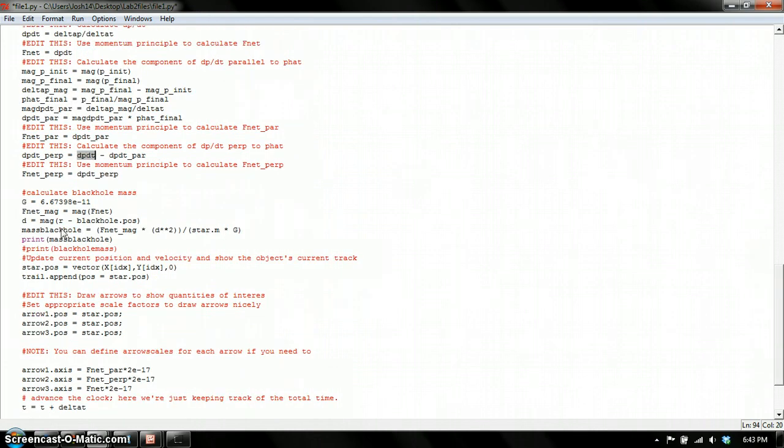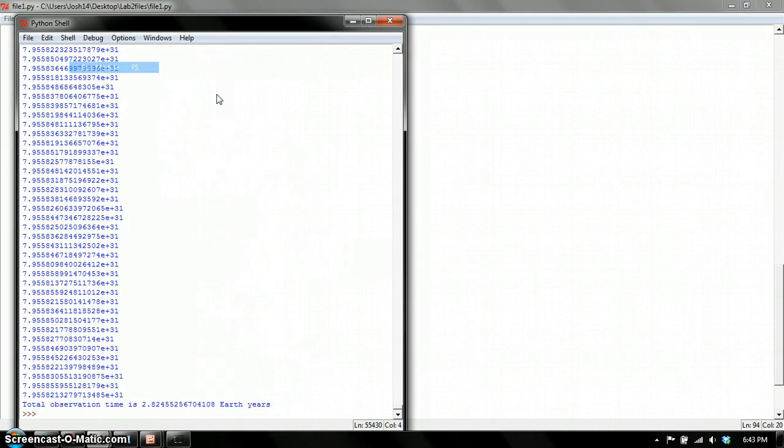So to calculate my black hole mass, I just took G, the constant, and then I calculated the magnitude of fnet, and d is just the scalar distance between the star and the black hole at any given point for the star. So I just set the magnitude of fnet equal to the magnitude of the gravitational force, since that's the only force that's going on. So it's just the magnitude of fnet times the distance squared, all over the star mass times G. So if we run this,